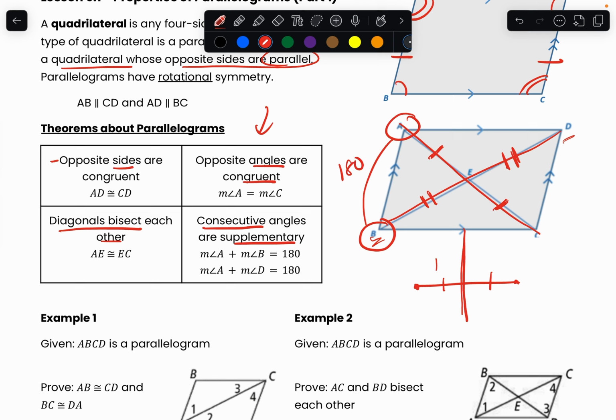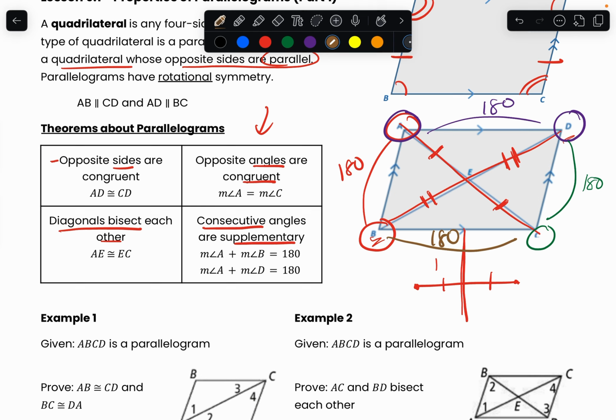Now, this also means another pair of consecutive angles in my parallelogram will be A and D. They are also consecutive because they are also on the same parallel lines. They're also next to each other, so they also add up to 180 degrees. And so do my angles D and C. They also add up to 180. And so does my last one right here. They are also consecutive angles, which also add up to 180 degrees. Now, just so you remember, a very easy way to remember is as long as they're not opposite in a parallelogram, they are going to be consecutive.